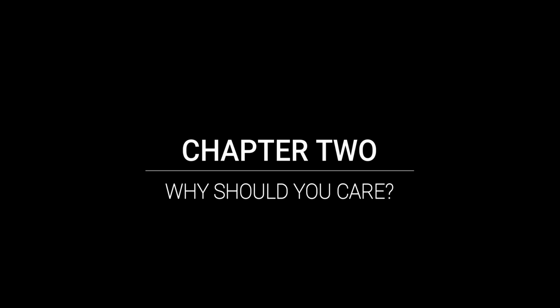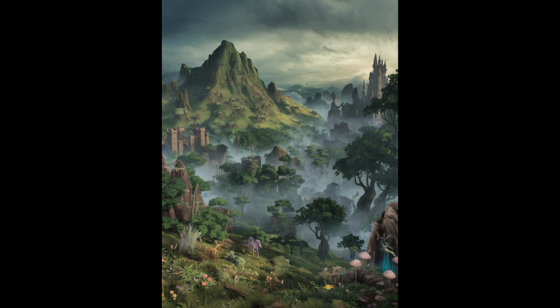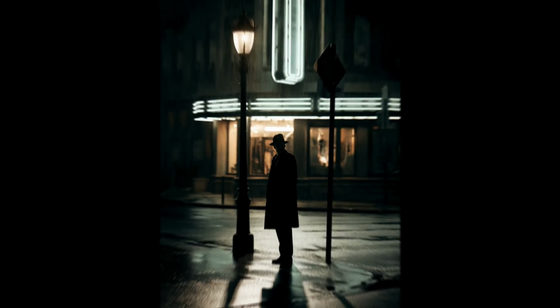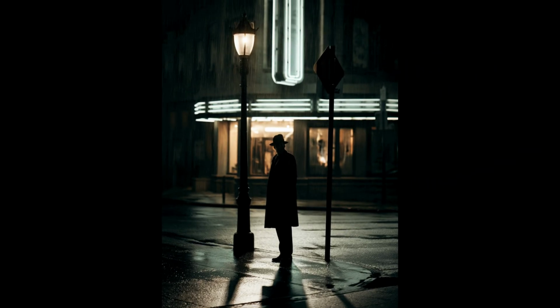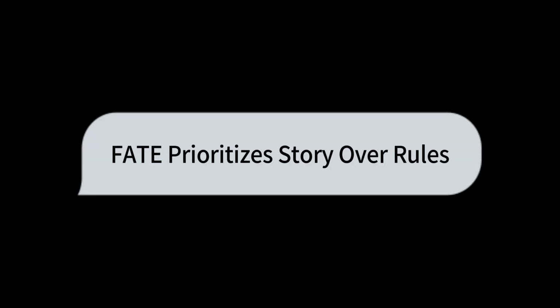Now, you might be thinking, that's all well and good, but why should I bother? Well, if you've ever wanted to play a game set in a steampunk Victorian London where you're all sentient clockwork cats solving mysteries, Fate can handle that. Its flexibility allows for any genre, fantasy, sci-fi, noir, you name it. Plus, the rules are, shall we say, less intense than some other systems. You won't need a degree in quantum mechanics to figure out how to roll for initiative. In fact, there isn't even a traditional initiative order. It's all about what makes sense for the story. So you spend less time calculating modifiers and more time doing what you came to do, telling an epic story